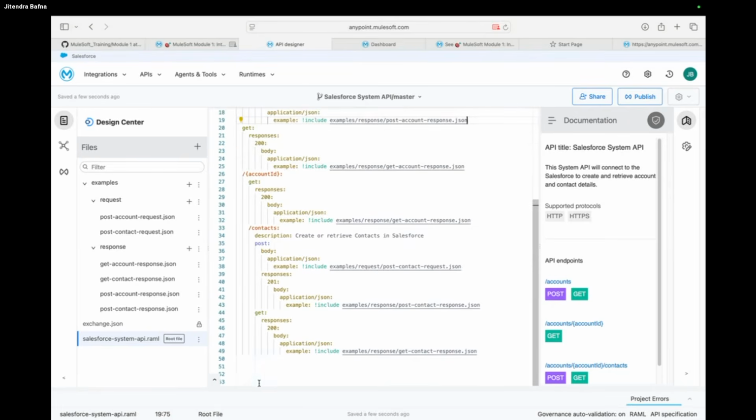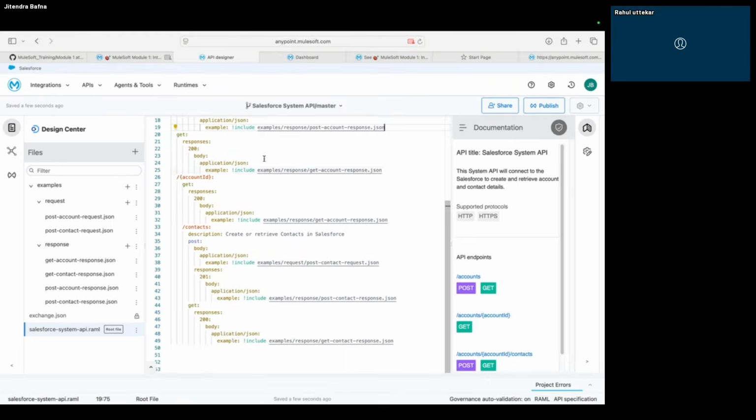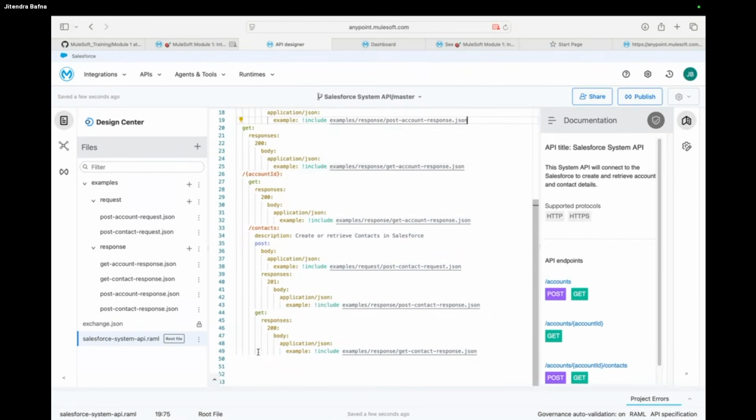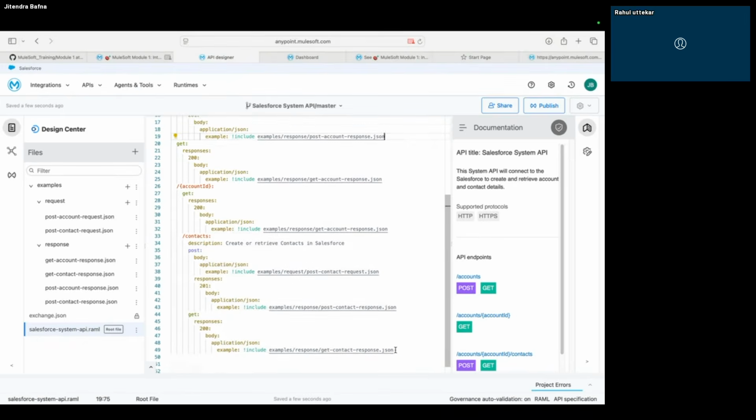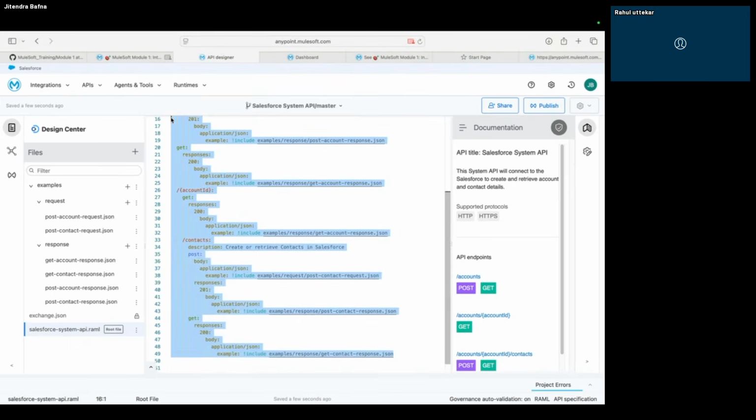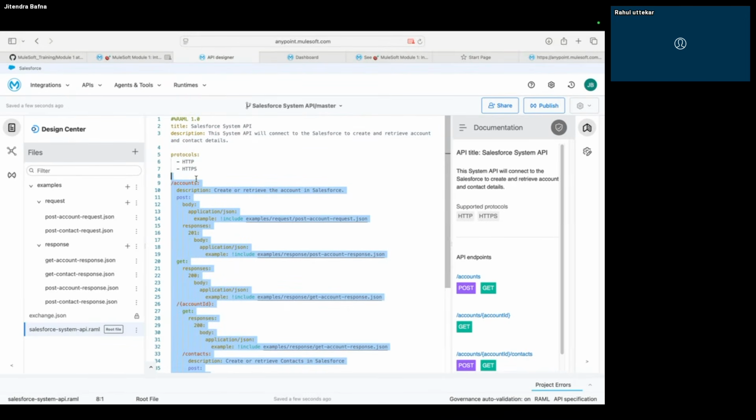Okay. So tomorrow we will see how we can start implementing. We are going to connect with Salesforce and retrieve the data. We will try to finish this use case at least by tomorrow, and we will also make sure how we can enable reusability within the RAML, like how we can use the data type library and the security schemes. All those things we will see in the upcoming sessions.